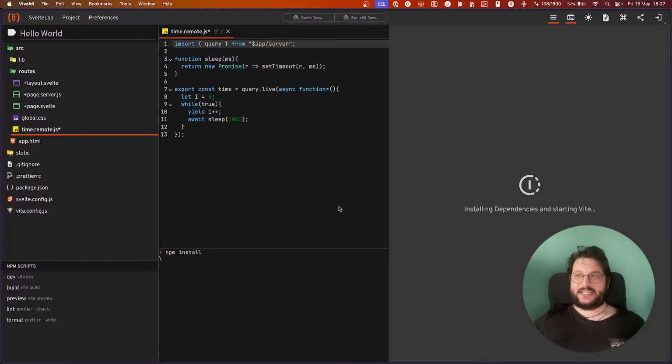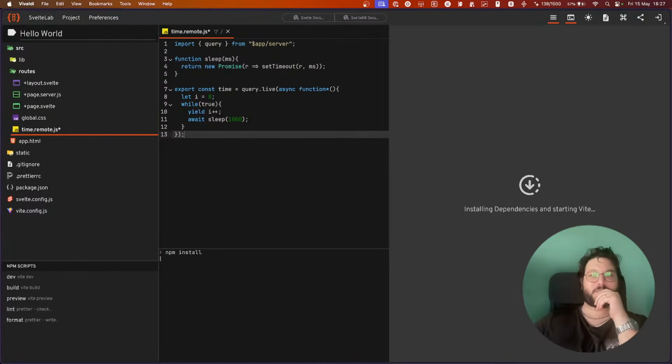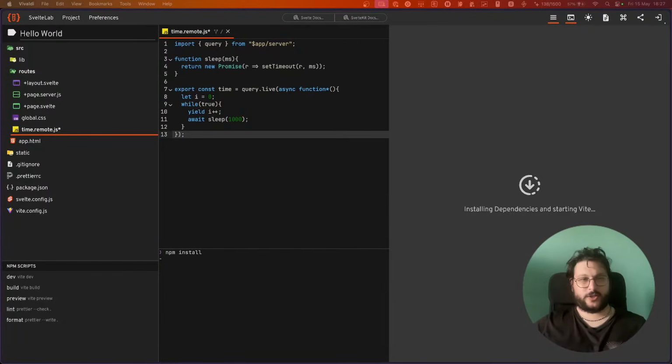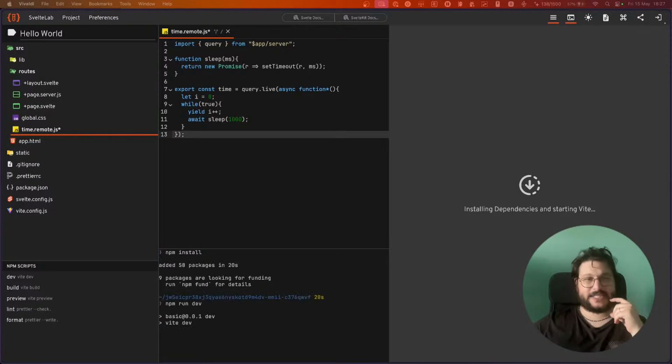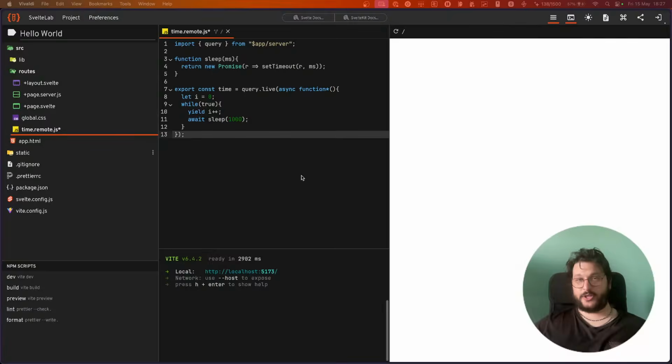So this will now work properly. The point is that it creates a stream. That's exactly what it creates.